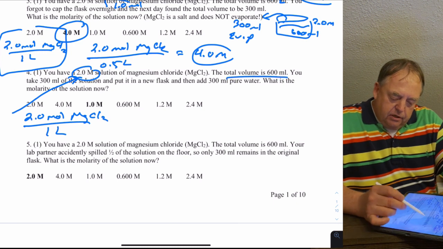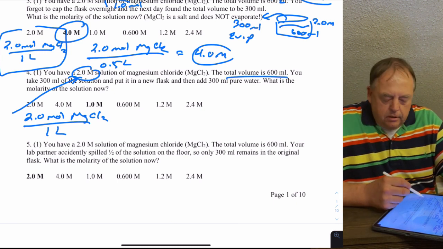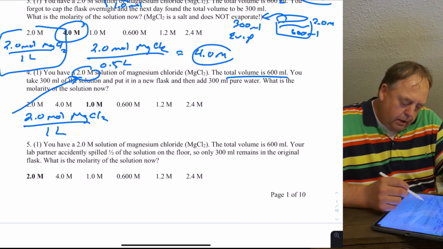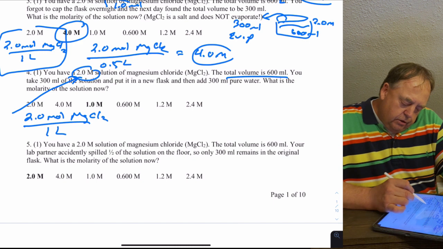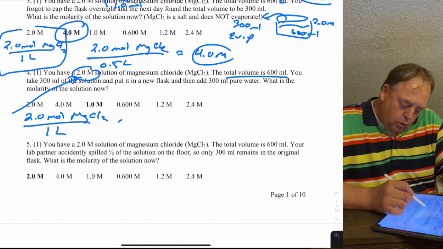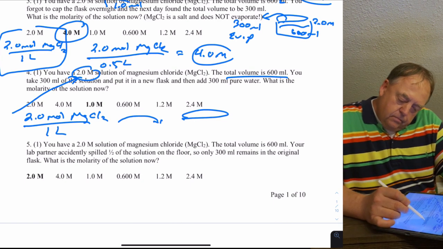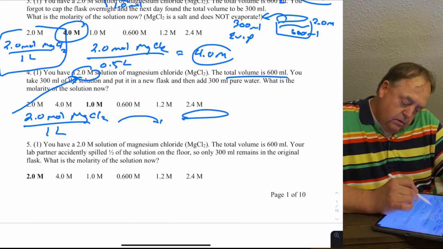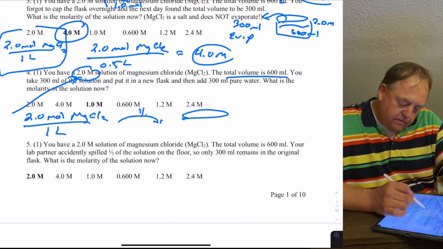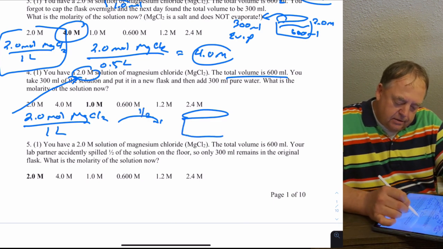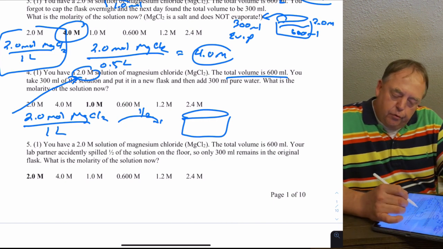So I tell you that you have 600 mL, but you can make the math easier. Just ask, what if you had a liter? Then you would have 2 moles of magnesium chloride. And in this case, it tells you to take this and pour it into another flask. So if you take 1/2 of this solution and put it in another flask, and then add another 300 mL,